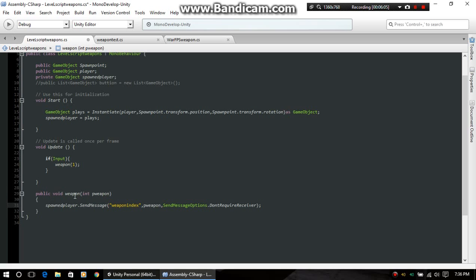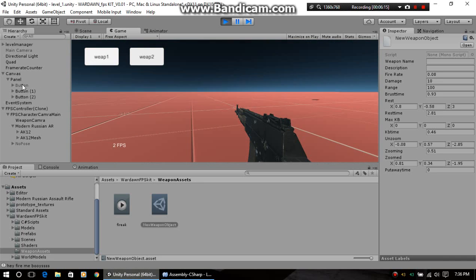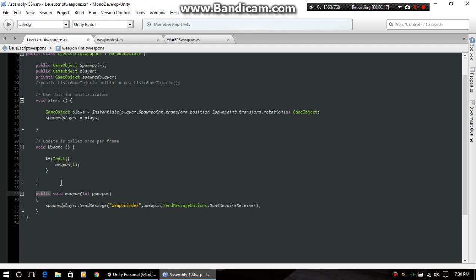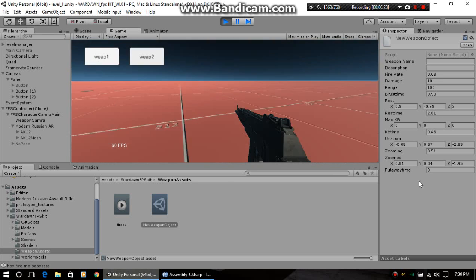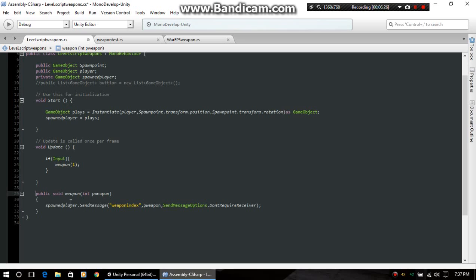You actually do have to have, if you're having problems executing this code from a button, the problem is because of the way the canvas works and everything, you have to have it public. And you don't have to have a parameter like this, but it's really nice if you use some, call it parameter, some call it overloads,